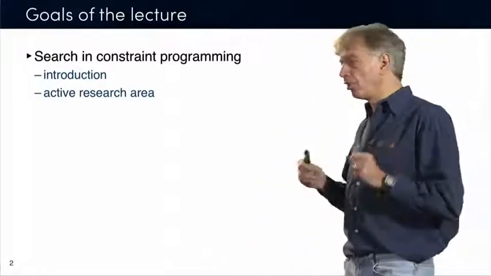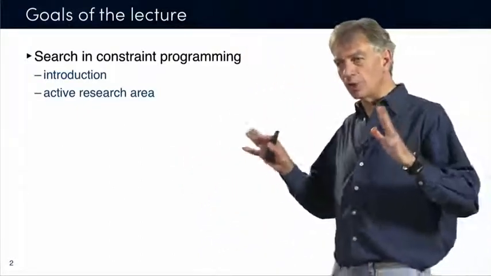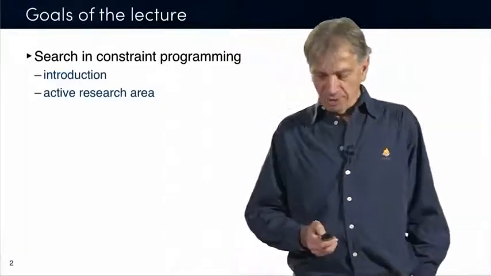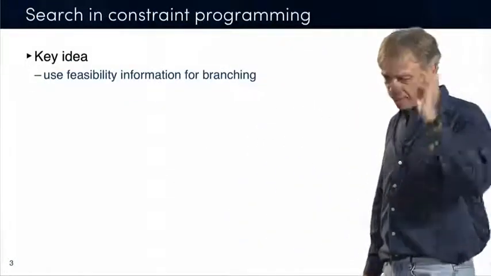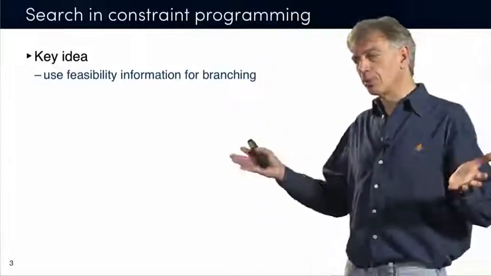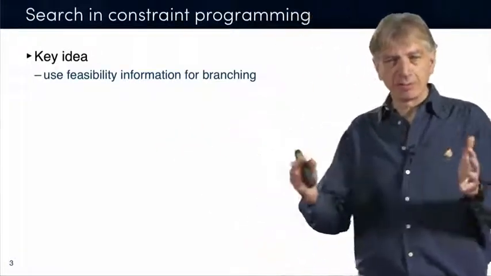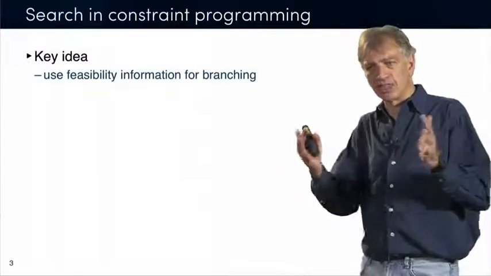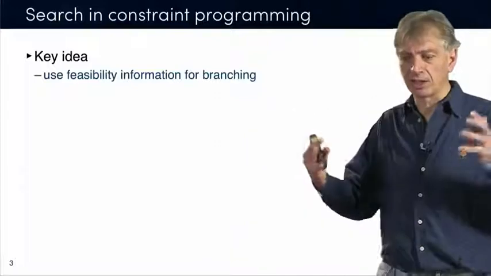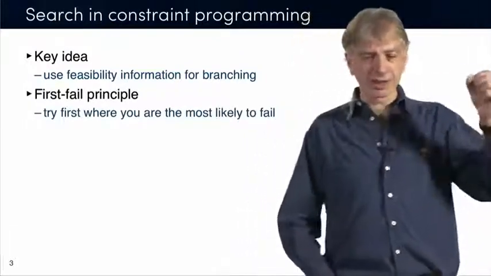It's also a very active area of research, and therefore what I'm going to talk about today is basically an introduction to some of the concepts. A basic introduction, once again, to make you curious. So the key idea in constraint programming is that search is based on feasibility information. What the constraint programming system is doing very well is pruning the search space based on constraints and feasibility, making sure that as many of these constraints are feasible as possible. And the search, of course, is going to exploit that information, because that's the big information that we have in a constraint programming system. So what does it mean to exploit this feasibility information?